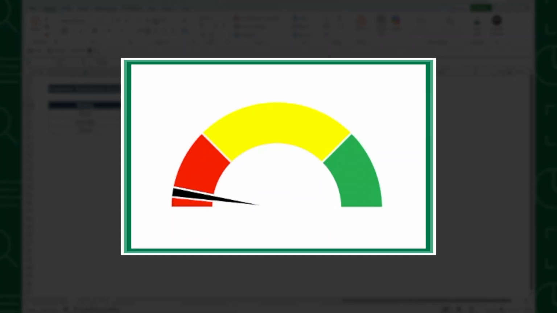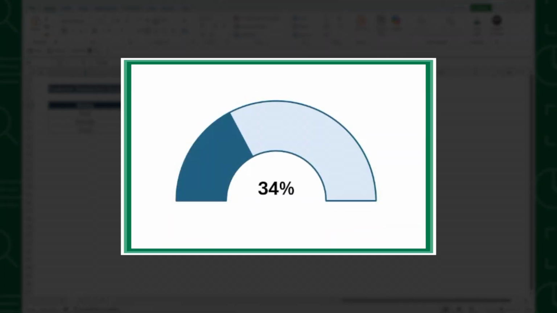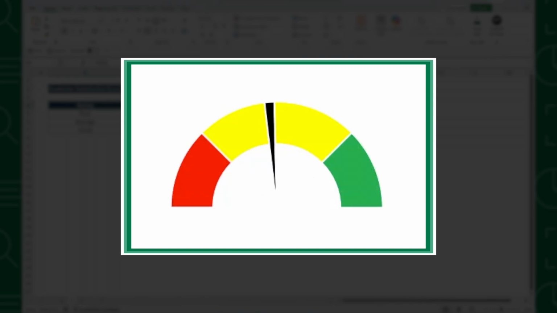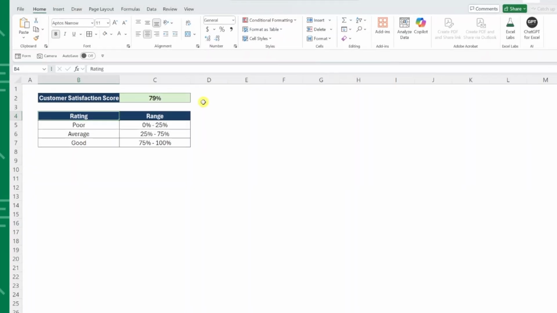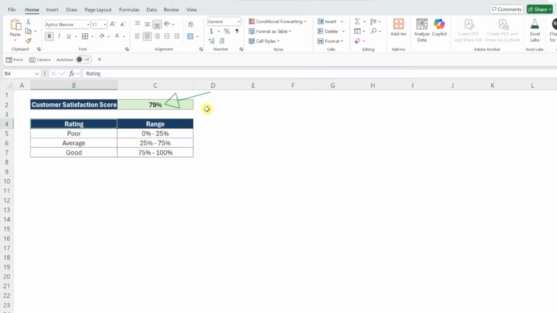A gauge chart is similar to a half circle chart, but it contains a ticker that shows where a data point falls within a range, similar to a speedometer. You can also use color schemes within a gauge chart to show whether the data point is below average, average, or above average. For example, here we have our customer satisfaction KPI score and want to visualize it with a